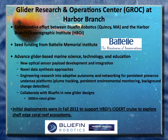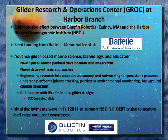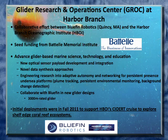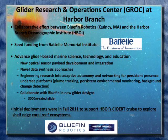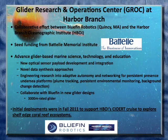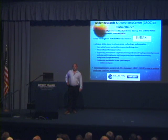They're called Bluefin Robotics, they're in Quincy, Massachusetts, and their parent company is Battelle, which is a large not-for-profit, and we were able to get some seed funding to bring on a few new robotic gliders, with certain science and technology and education objectives, and they were interested in having a new optical sensor developed for the vehicle, so we're currently working on that, and we're working on improving the level of autonomy, so the decision-making capability of these vehicles, and how multiple vehicles can work together to accomplish a mission,